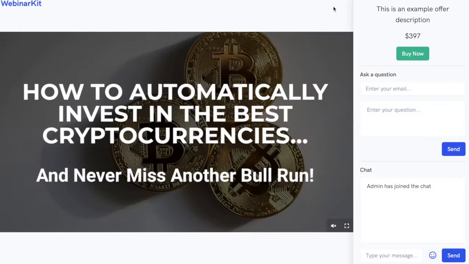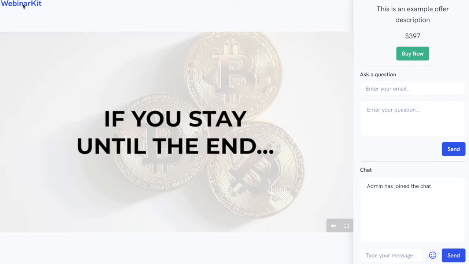And again, here in the watch room, we have a simple and elegant layout with everything you need to drive high ticket sales. Obviously, we have the video, which can be full screened very easily. On top of that, we have customizable logo branding, which you can change to anything you want. We have live chat that you can choose to enable on the watch room as well,